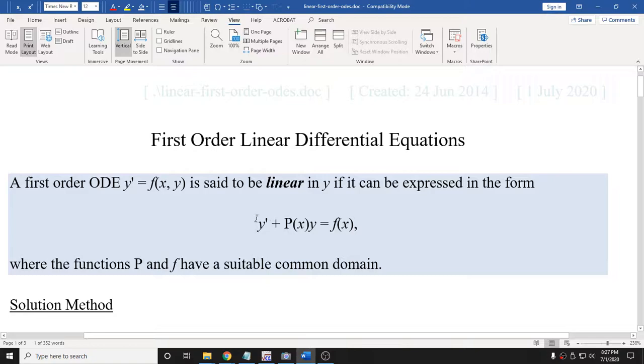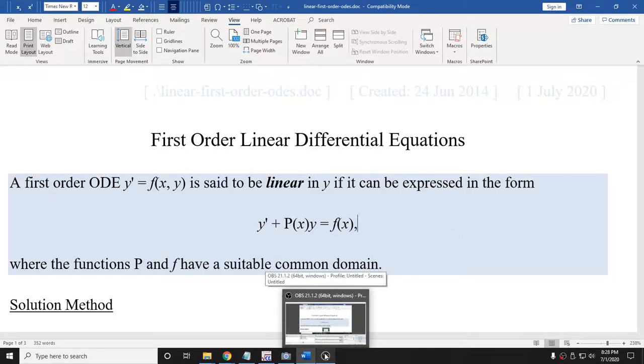What we intend to do here is to be able to solve such an equation. This is our goal. Before we embark on that goal, let me remind you